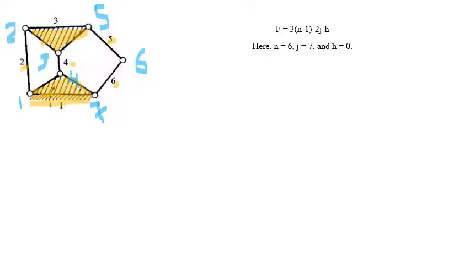Now let us count the number of higher pairs. A higher pair is nothing but having point or line contact. None of the joints have point or line contact. Therefore h is equal to 0. Let us substitute all the values in Grubler's criteria and simplify to obtain the degrees of freedom. After simplifying, we got F is equal to 1, which means this mechanism has a single degree of freedom.